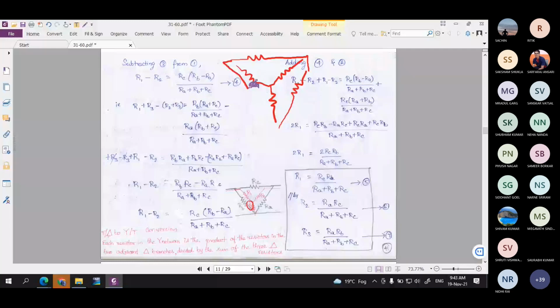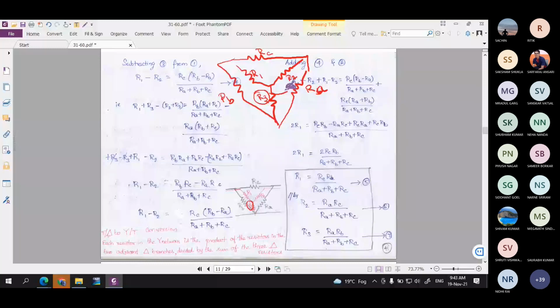Okay, so this is RA, this is RC, this is RB, and this is RB, and this is RA, and this is R1, this is R2. Okay. So here I wanted to write R3 now. So I have to see what are the nearer resistance to this R3 in delta combination. The nearer resistance to this R3 in the delta combination is this RA and this RB.